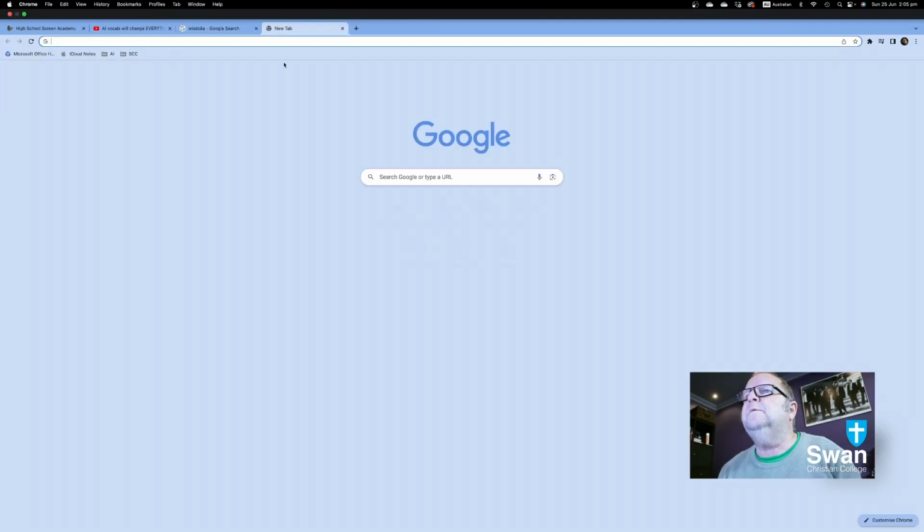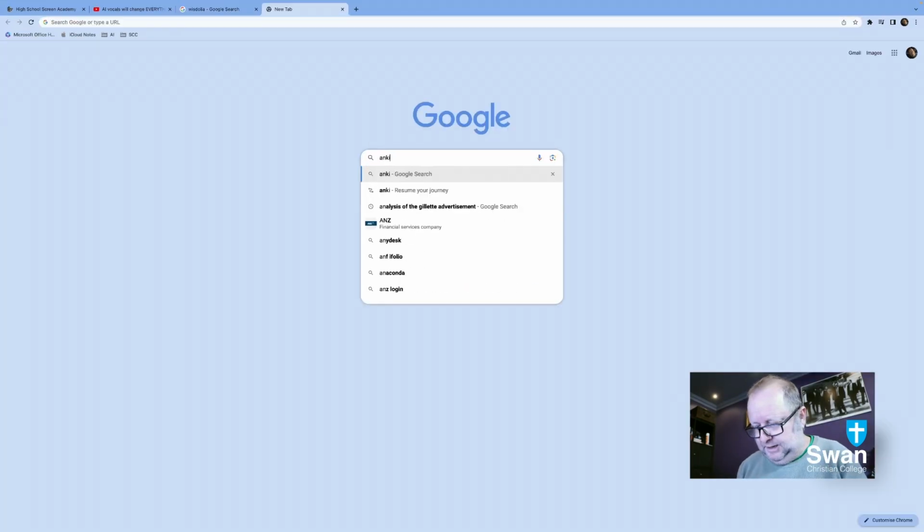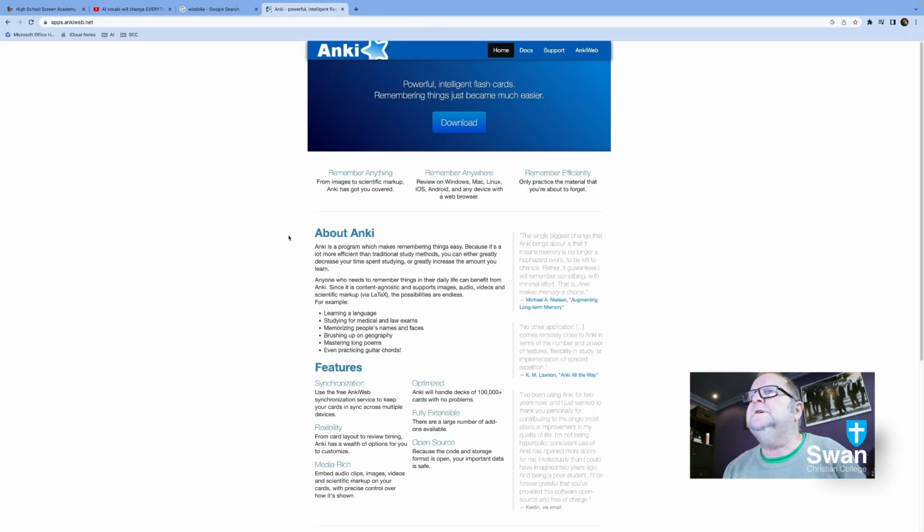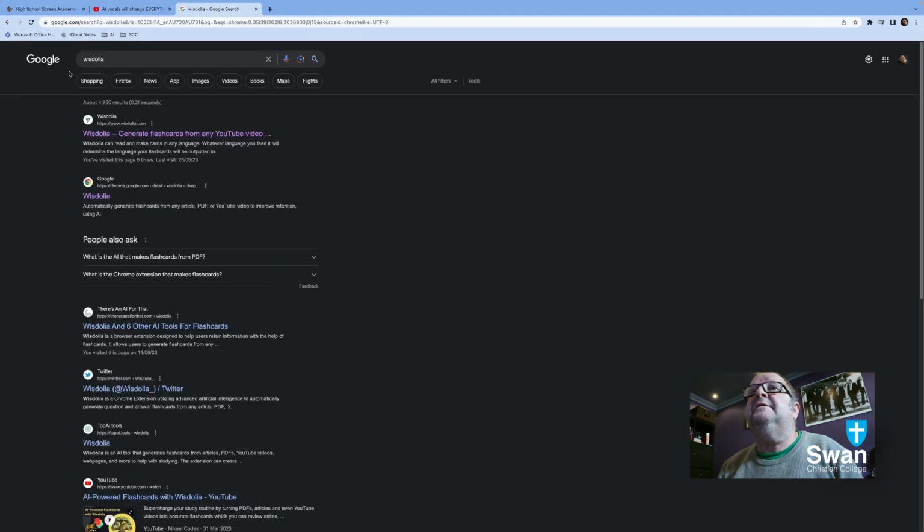And don't forget, once you create flashcards, you can save them in that software called Anki. We looked at that very briefly, Anki, in another video. This is a software that you can use to create flashcards, and it will expose you to those flashcards in certain time intervals, like 1 minute, 5 minutes, an hour, tomorrow, and 5 days time. That kind of thing. So, bearing in mind that that is available, let's go and have a very quick look